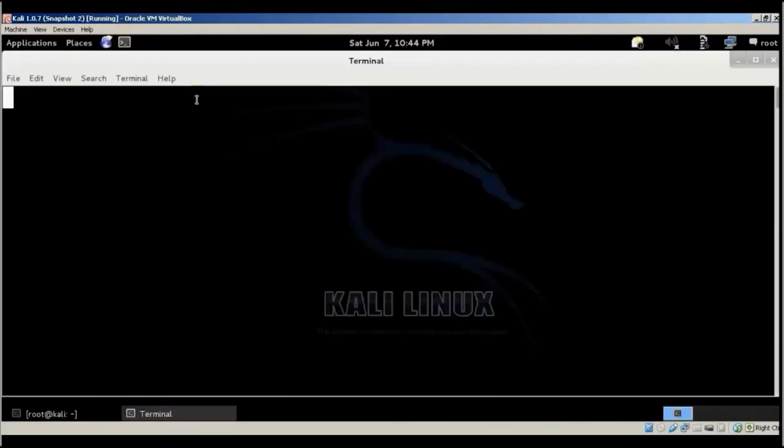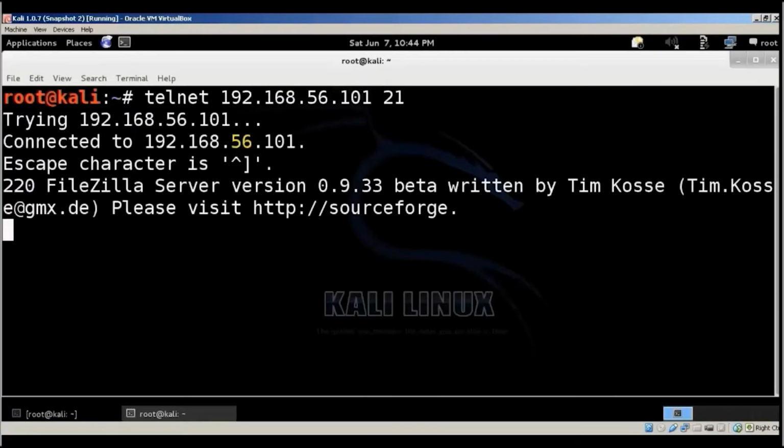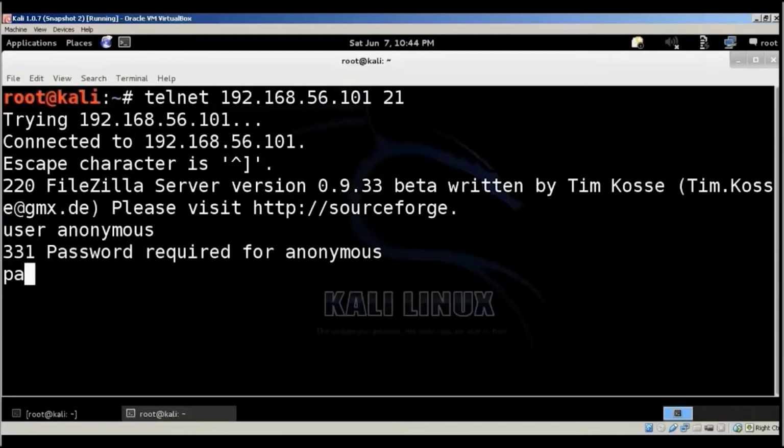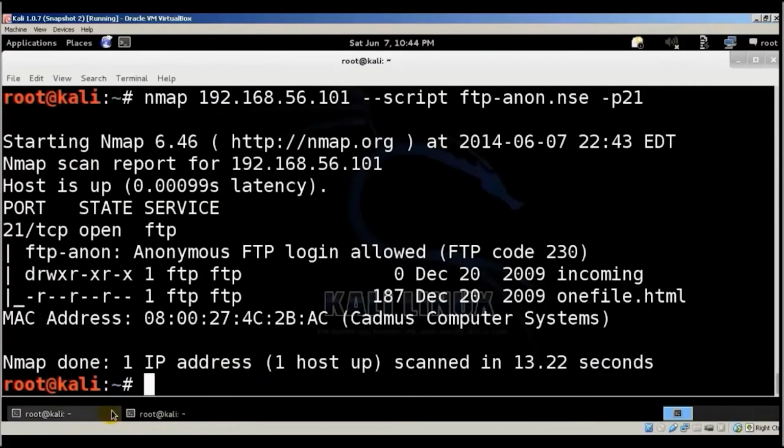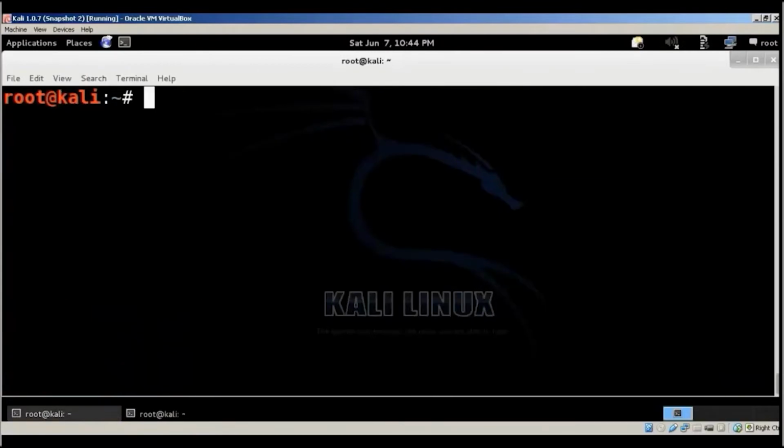So let's open another terminal and then give telnet the IP address of the target, and then 21. So you can see it's connecting, and we'll give the user as anonymous, and password is nothing, and you can see it has been logged on. So we just clear the screen,